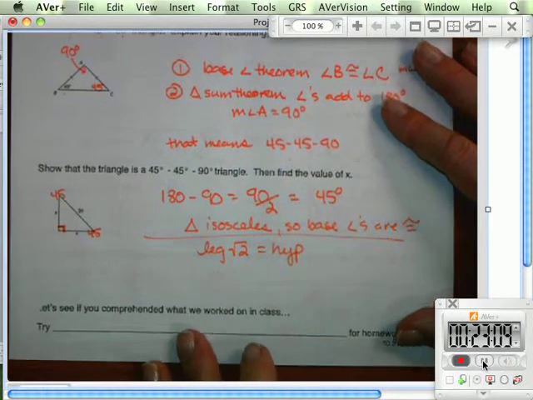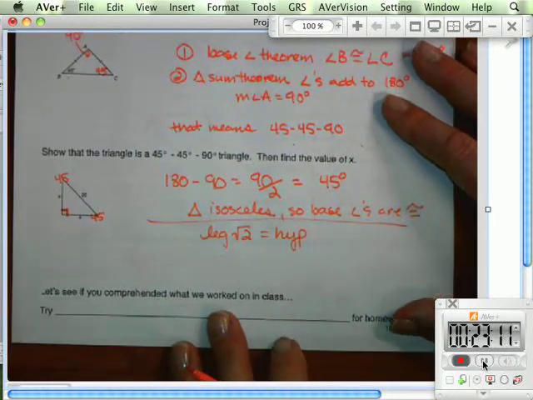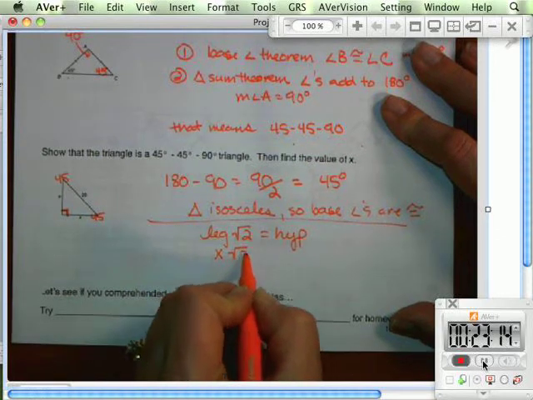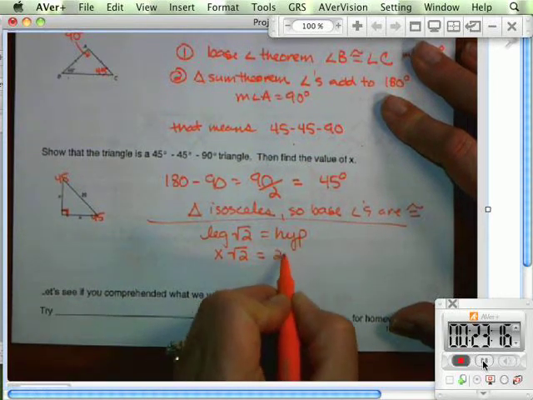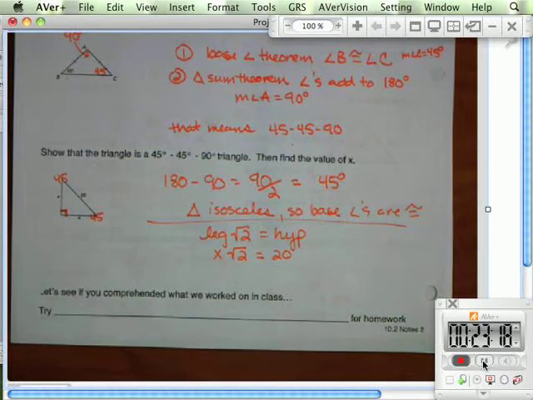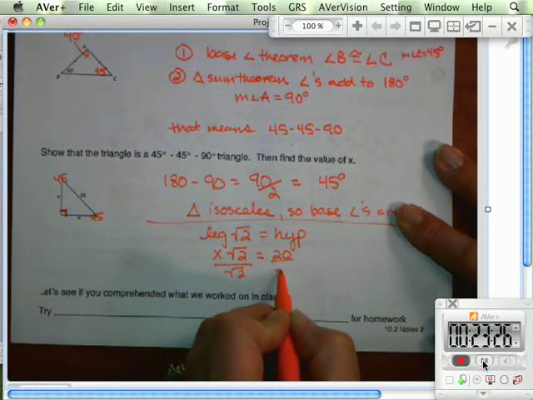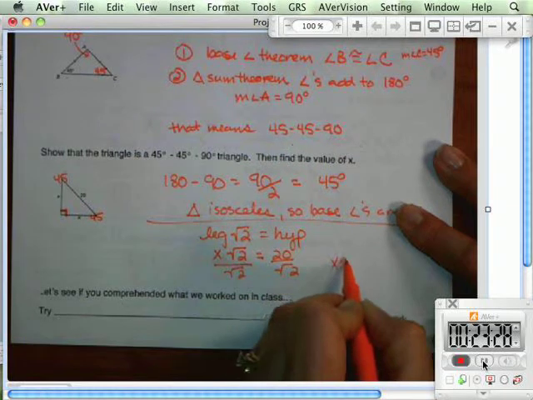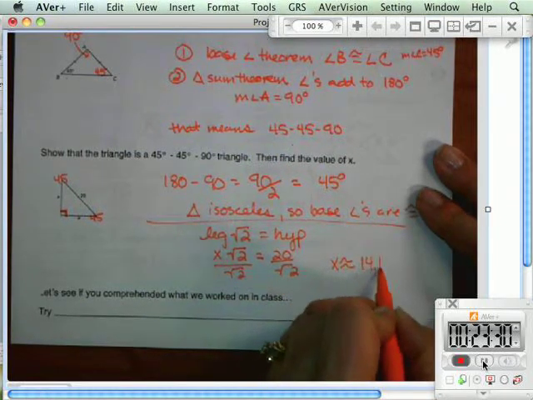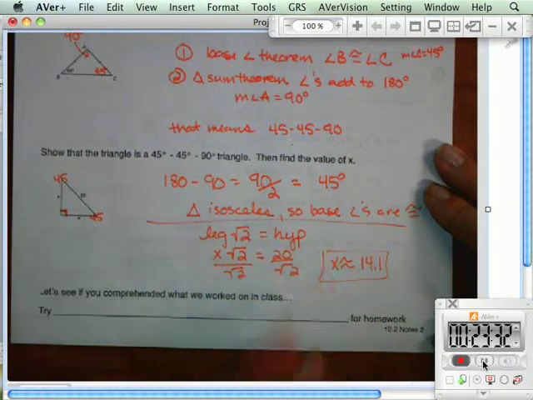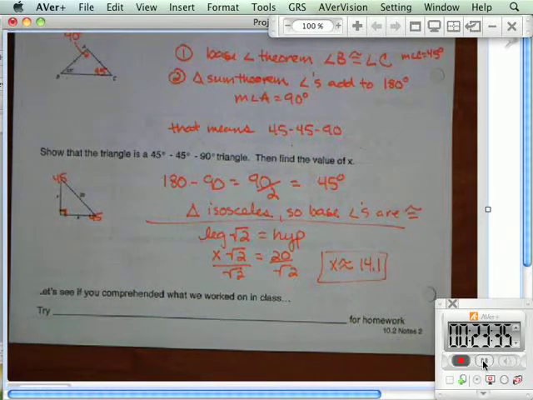Plug in what I know. The leg is x. The hypotenuse is 20. And then how do you finish it? Divide by the square root of 2. X is approximately 14.1. Okie dokie? No. You still have